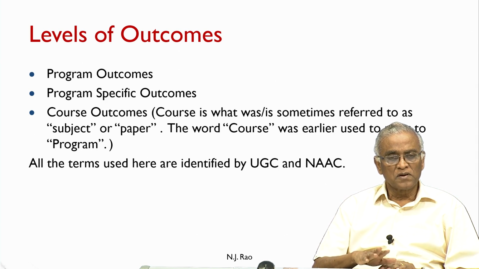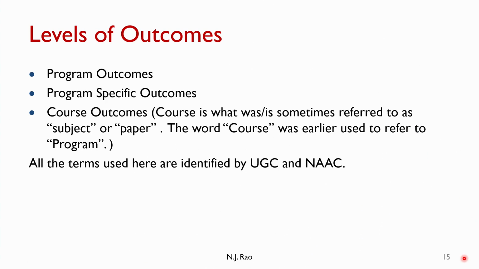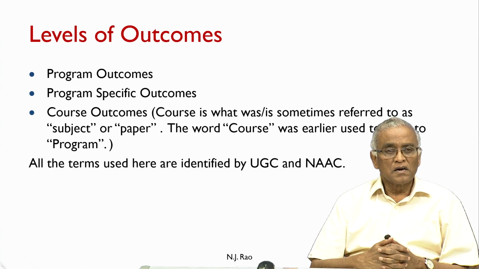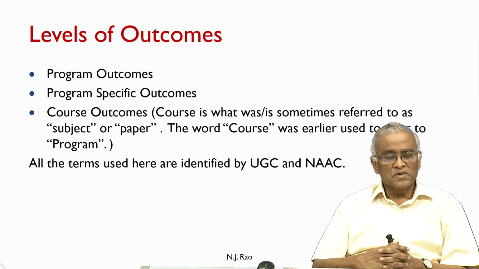Program refers to a certain period: an undergraduate program, undergraduate degree, as we call it, is an undergraduate program of a 3-year duration. There are some 4-year duration undergraduate programs. And the program outcomes are